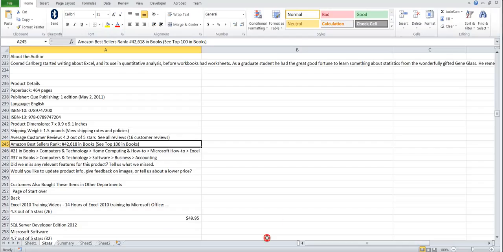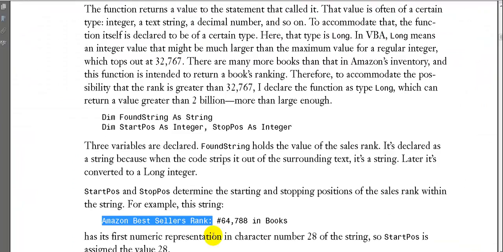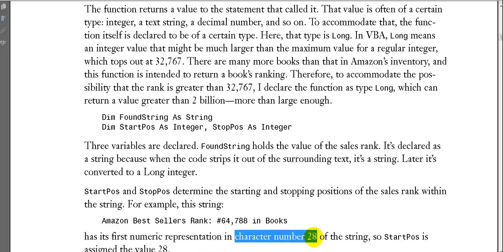Where was it again? Oh, here it is. Okay. So Amazon. So here we're going to look for this text here. Okay. Has its first numeric representation at character number 28. Now, what is he talking about? Well, if you count these characters, 1, 2, 3, 4, 5, 6, 7, 8,